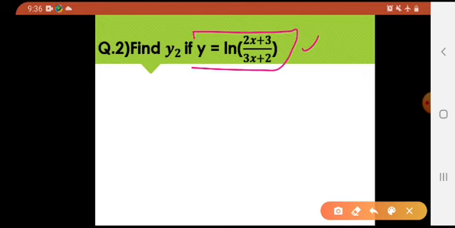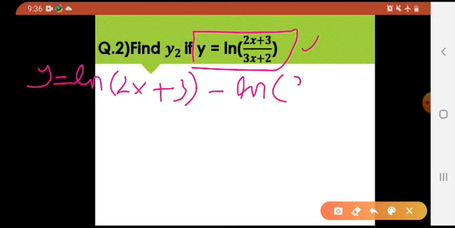Okay, why is this natural log of (2x plus 3) divided by (3x plus 2)? So can I write it as natural log of first term, minus natural log of the second term? अभी मैंने डेरिवेटिव लेना स्टार्ट नहीं किया. We all know about this property of log, third property of logarithm, sorry, fourth property of logarithm. थर्ड तो वो पावर नीचे लाने वाली है. Now this is my y.